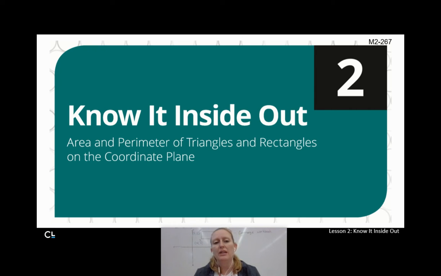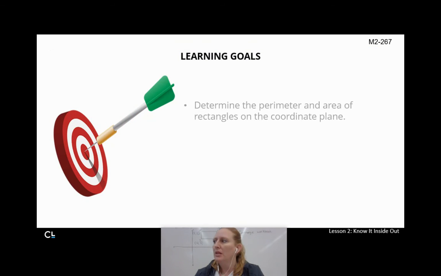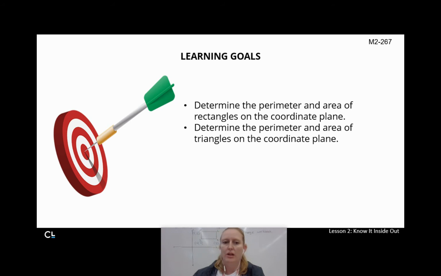So we're still looking at the area and perimeter of triangles and rectangles on the coordinate plane. We're just on the second day of that. We've already been doing pretty well with this. We're determining the perimeter and area of rectangles on the coordinate plane, determining perimeter and area of triangles on the